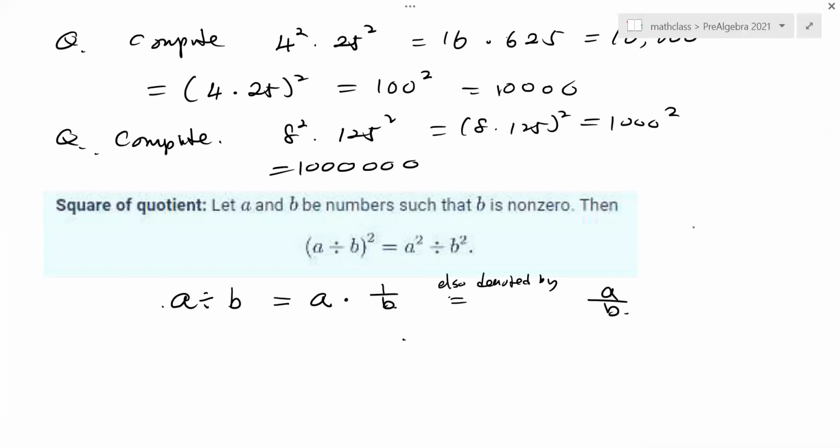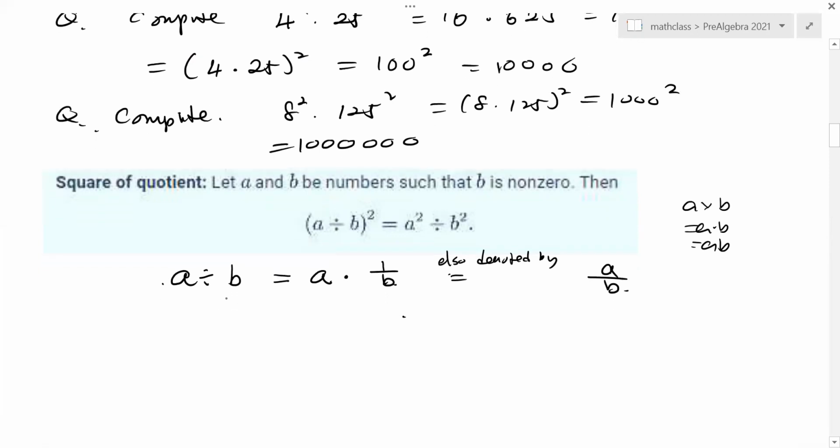Just like A times B, we are not going to use A times B in the future. We always use A dot B or use AB, simply without even writing the dot. That's the product of two numbers. And A divided by B, usually we will express like A over B, using a fraction. Anyway, let's still use the traditional notation and then try to prove that formula is